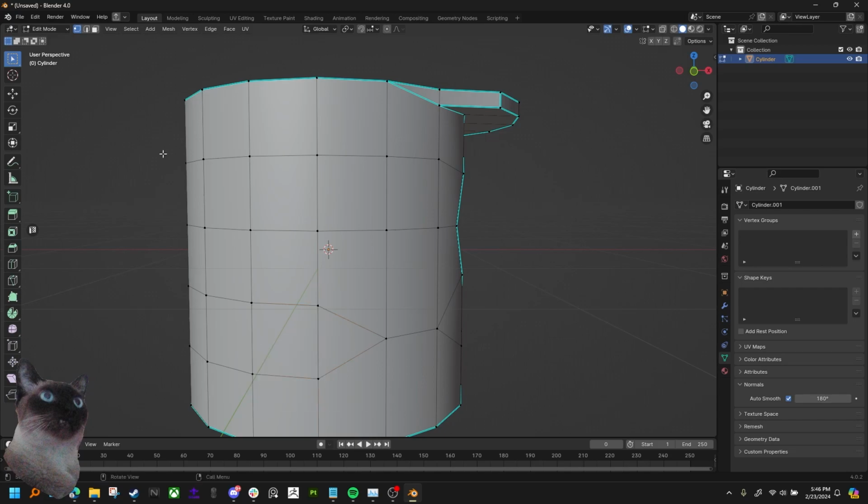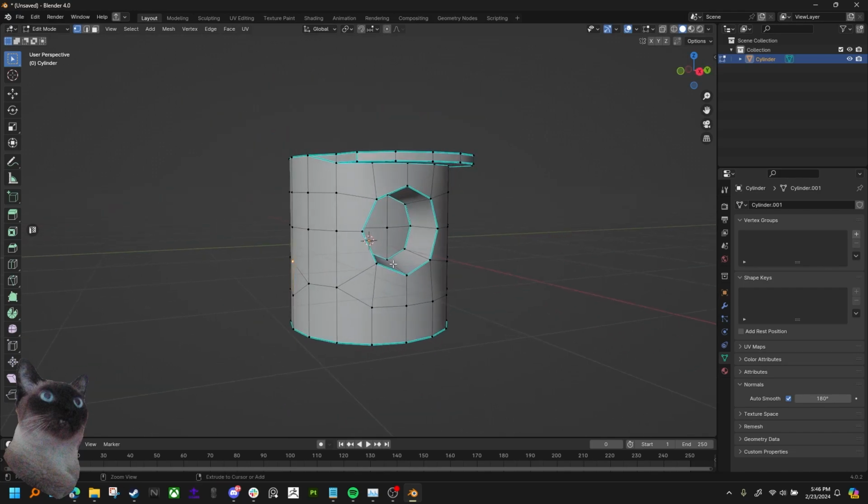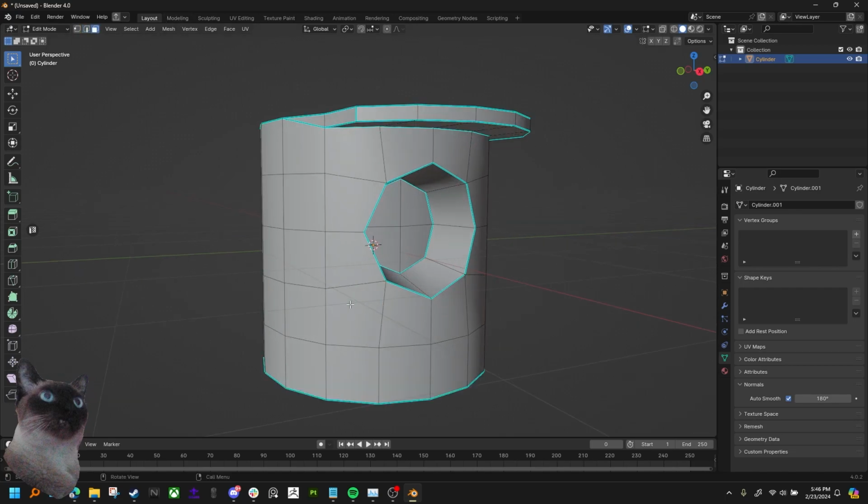So, and then if you're out of options, really, just go back to basics. How do I add this? How do I add that? Just go back to the basics. Remove the faces and